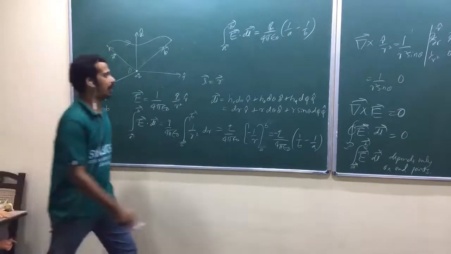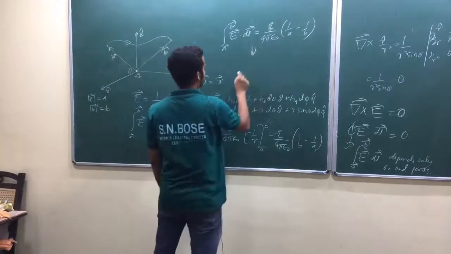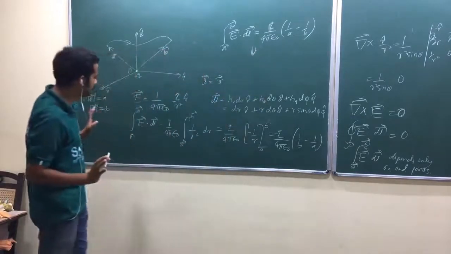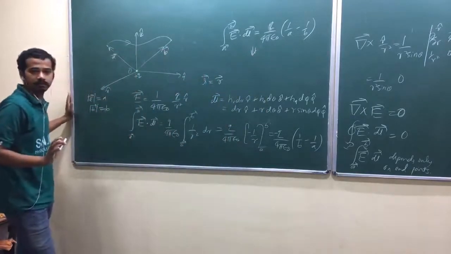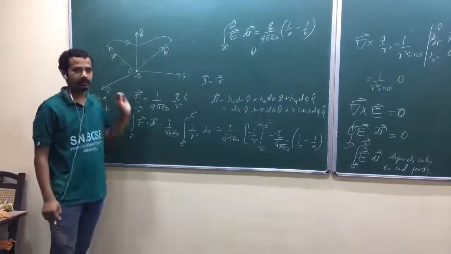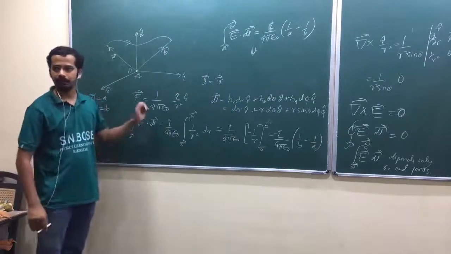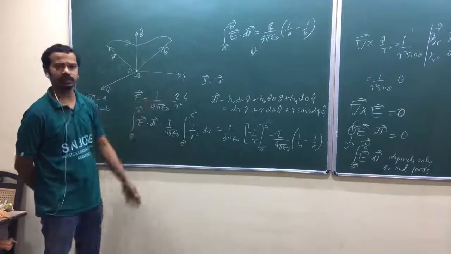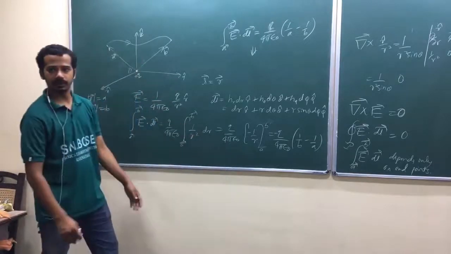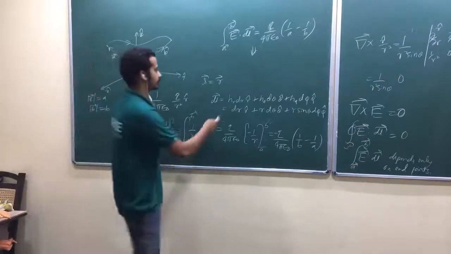So now after this one, quickly I can write this step. Am I right? Now look at here. I haven't used any curl or something in this derivation. What have I taken? I have taken one example, a point charge at the origin, and I have shown that one, and we can generalize that one. Okay? We can generalize the same statement. Let me generalize that one later.